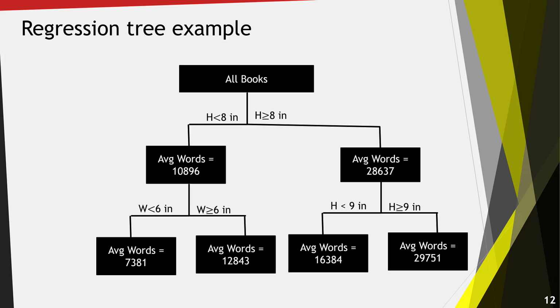So in this example, I've added a second level of splits. The first leaf, the books that were shorter than 8 inches, has a second split looking at the width, splitting at the point where books are 6 inches wide. Books less than 8 inches tall and 6 inches wide have an average of 7,381 words. In contrast, books taller than 8 inches but less than 9 inches tall have an average of 16,384 words. The important thing to notice here is the feature that I use to split at each level can be different